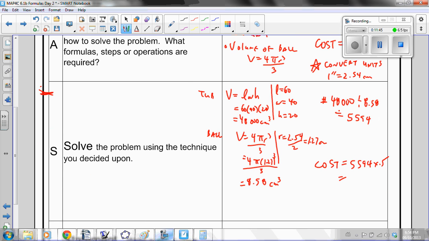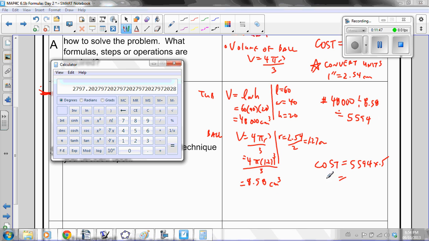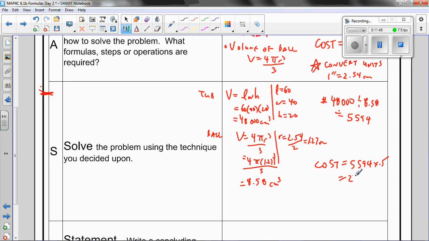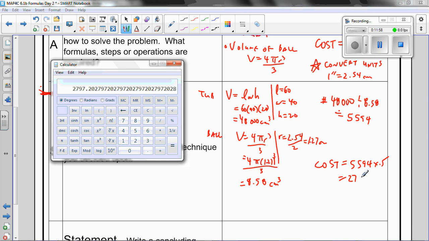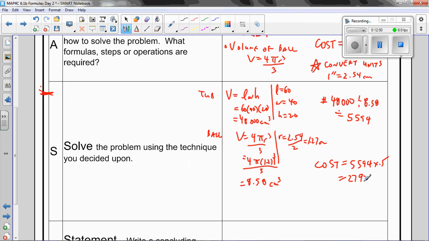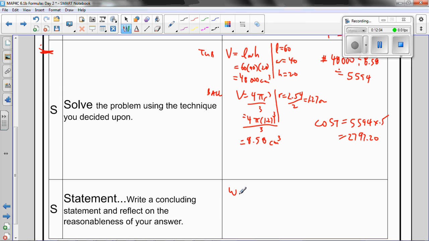That's a pretty good fundraiser. $2,797.20. Then the statement: is it we or they? They would raise